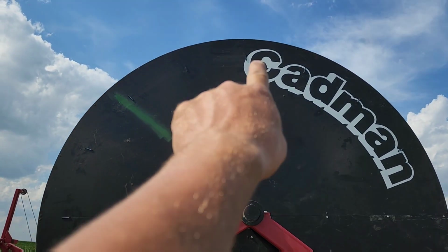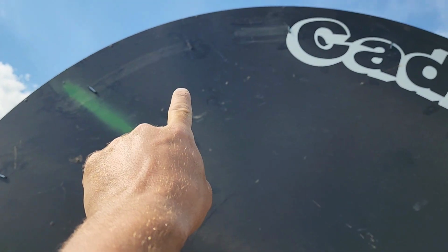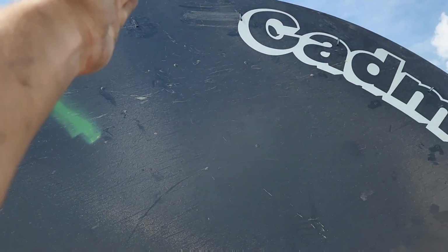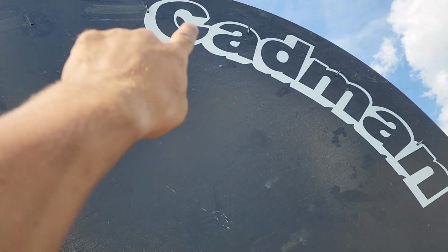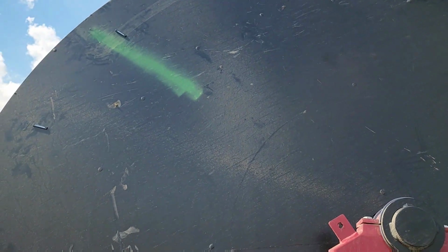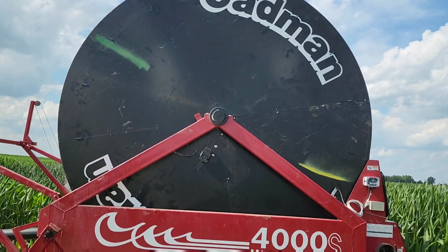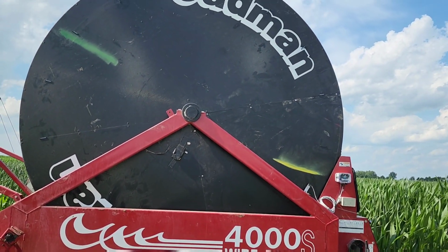You can see where that one up there slid all the way along there because it was being unwound. It was spinning this way and it hit there and it pushed it around until it pushed it out of the way. That's got to be what happened when I pulled it out there. So like I said,